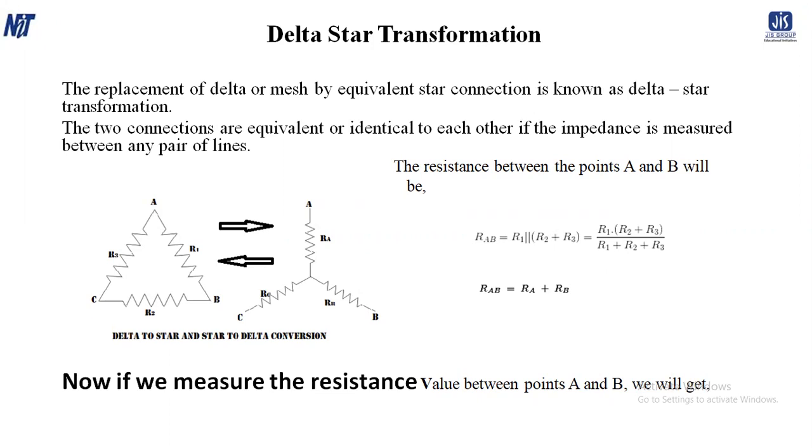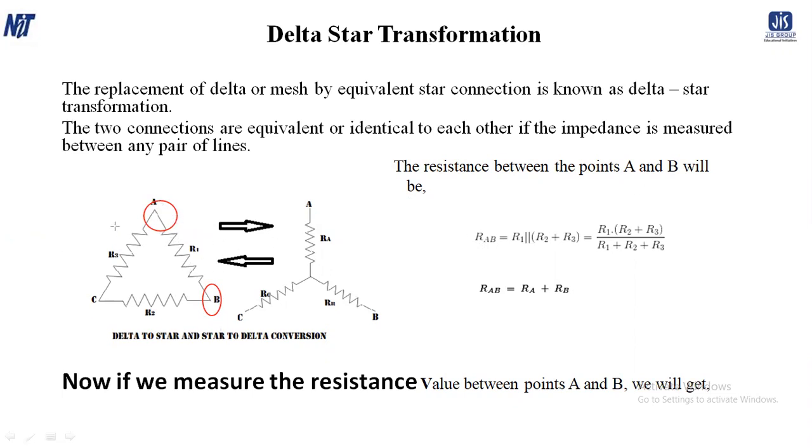The two connections are equivalent or identical to each other if the impedance is measured between any two pair. So here the resistance between the terminal A and B, for here we are just converting delta to star. So RAB,